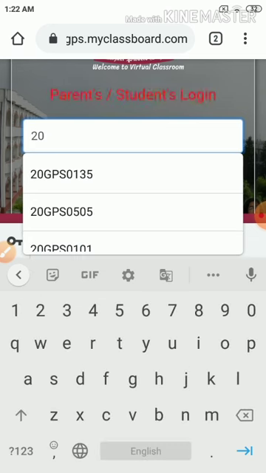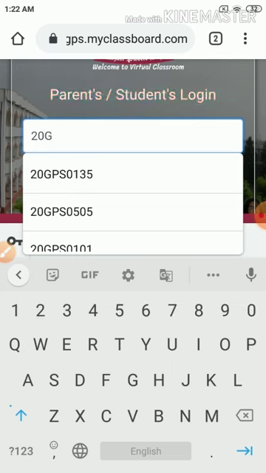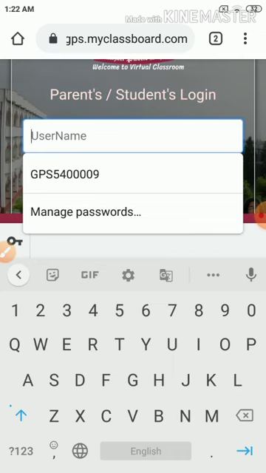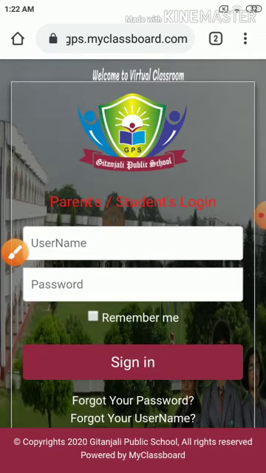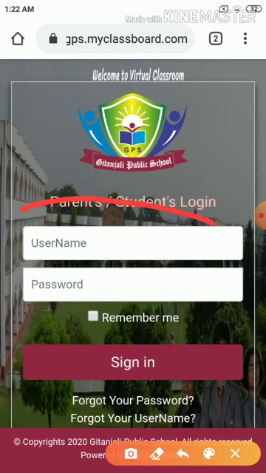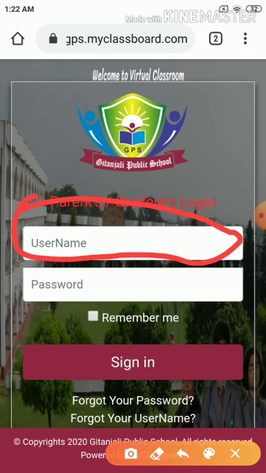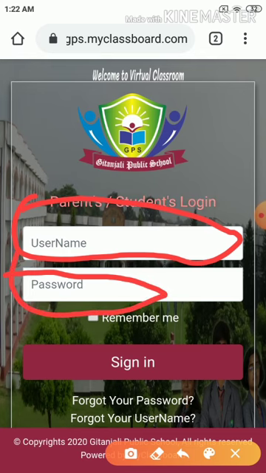Now we can see, which is the box for username and which is the box for password. All of you can see it marked with red color, in a bold manner. This is the box to put your username, the username that you have got with the help of your class teacher. Your class teacher has already shared your username and password. You have to type your username and password.